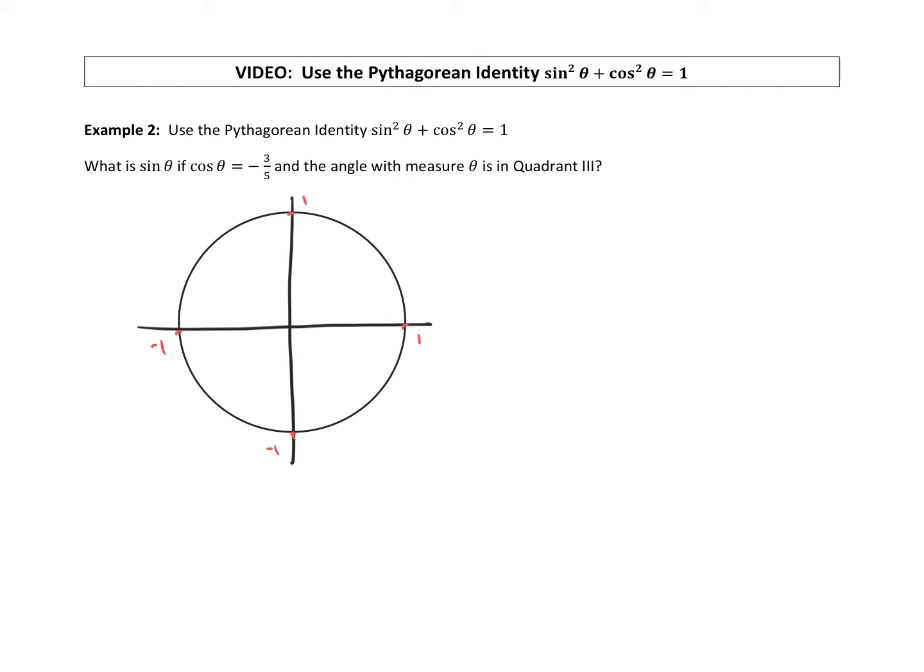Okay, so we have an angle in quadrant 3. So let's draw an angle into quadrant 3. We don't know where it is or what the angle measure is, but here's our angle in quadrant 3. We'll call that theta. And what we can do is use the terminal point on the unit circle. We can create a reference triangle right there. And that terminal point